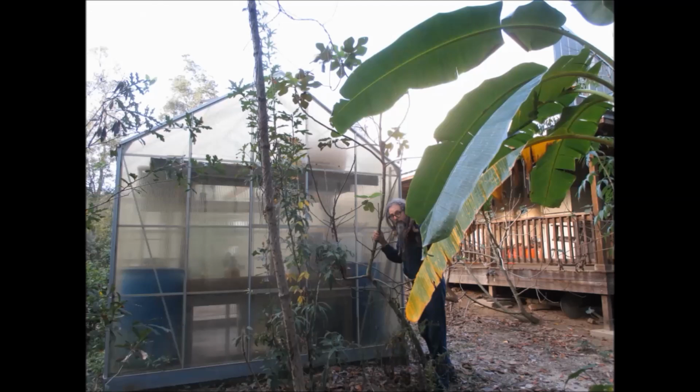Now, right behind that tree, or in front of the tree, is a fig. And you can see me with my hand on the fig tree. Also, you can see the leaves of the fig tree above the banana tree. And that fig tree is probably about 5 years old. And the only reason I use it is to show you how tall a fig tree will get